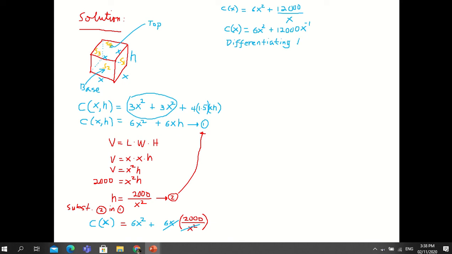Now differentiating both sides with respect to x. Okay, so we have the derivative of the cost as a function of x, with respect to x, equal to,